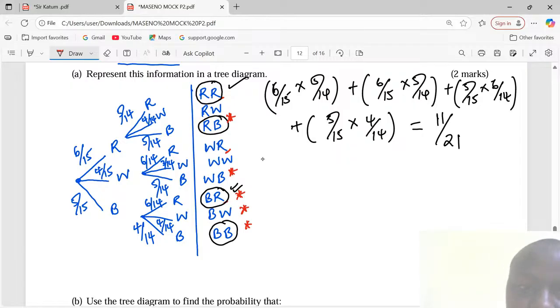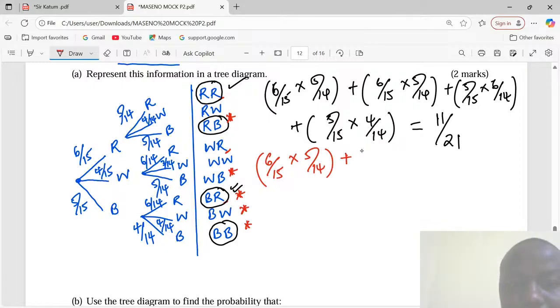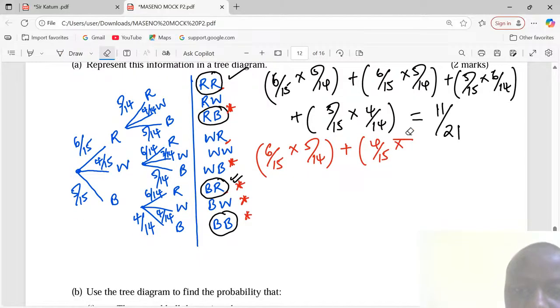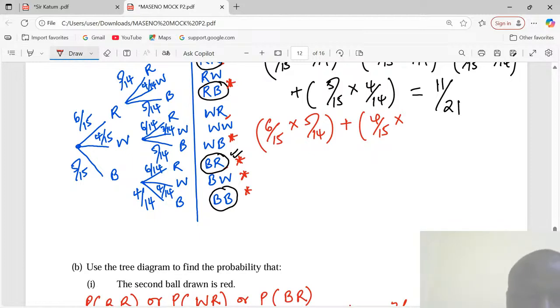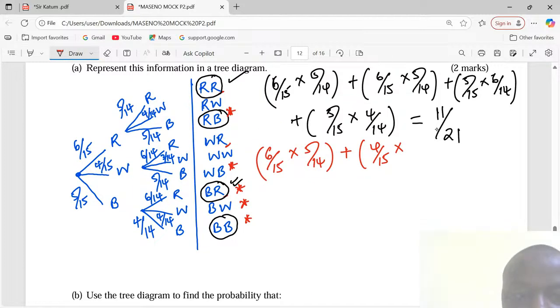So the first case should be probability, red then blue, 6/15, then blue 5/14, or where else do we have a blue? Here, white, which is 4/15, followed by a blue. White followed by blue means 5/14, or